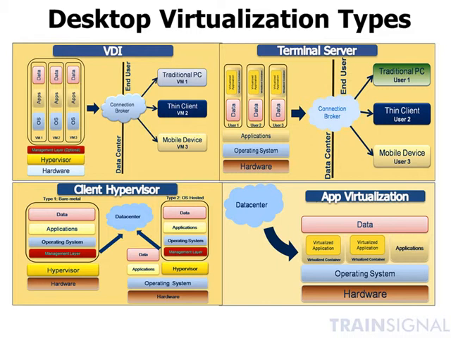A Type 2 client hypervisor is when you have an operating system, say Windows for example, and then you install something like VMware Workstation on top of that, and you're able to create virtual machines that have a dependency or reliance on the parent operating system, which is Windows in the example we're talking about. There are pros and cons to the client hypervisors. Again, if you want to learn more about the pros and cons of Type 1 and Type 2 client hypervisors, I invite you to watch our Citrix XenDesktop training, which goes into more depth around some of these technologies.